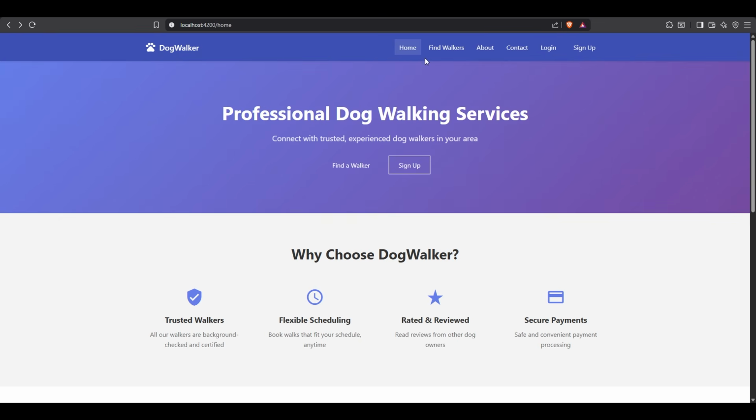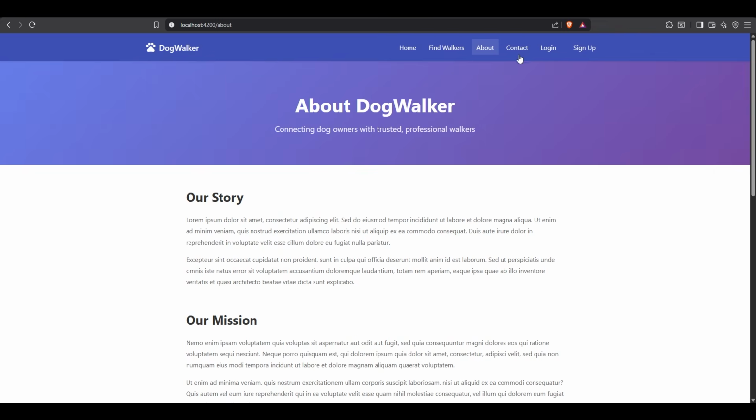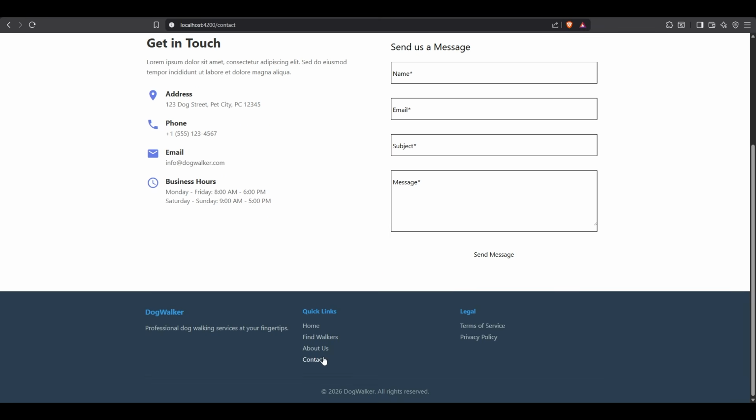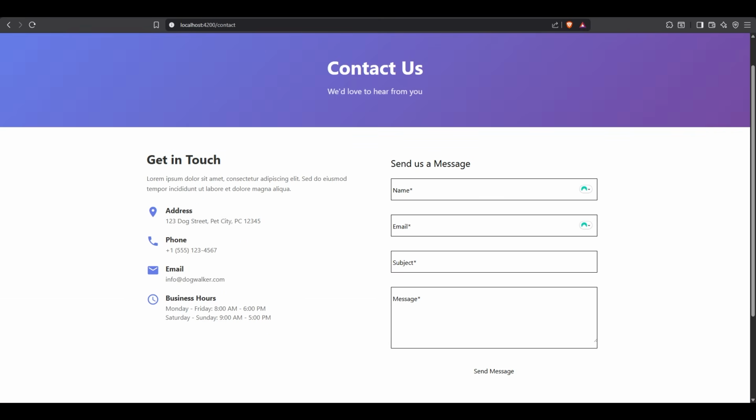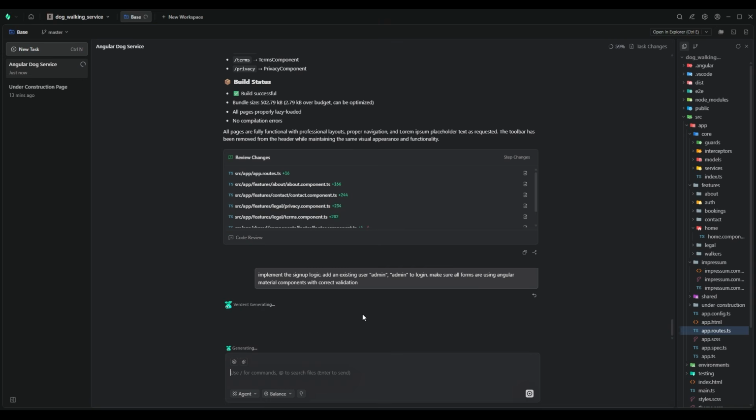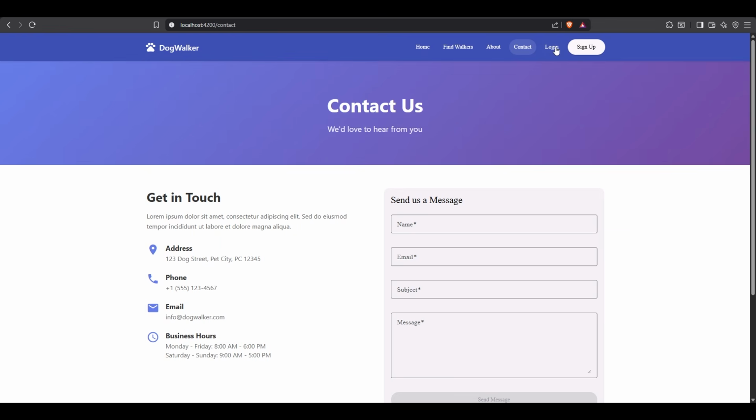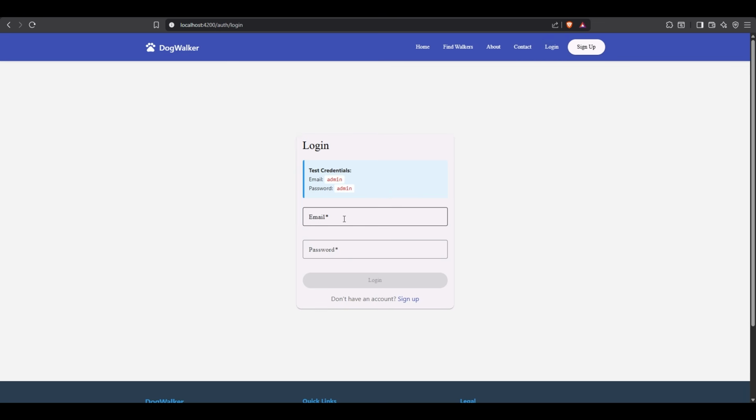And seconds later we have the output. And as you can see, it added the About Us section, it added a contact form with validations, with fields. What we are still missing is the sign up logic. So we want an existing user admin to log in. As we can see, if we hit login, we have the test credentials here, admin, we hit login, and voila,